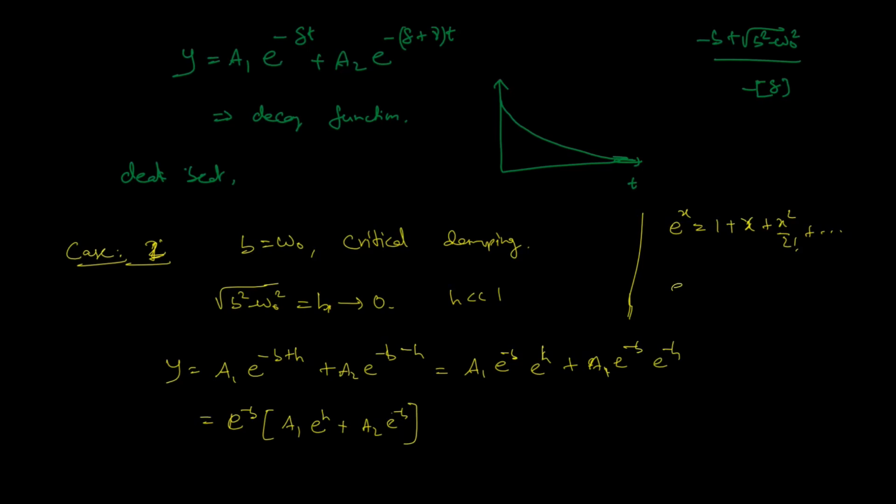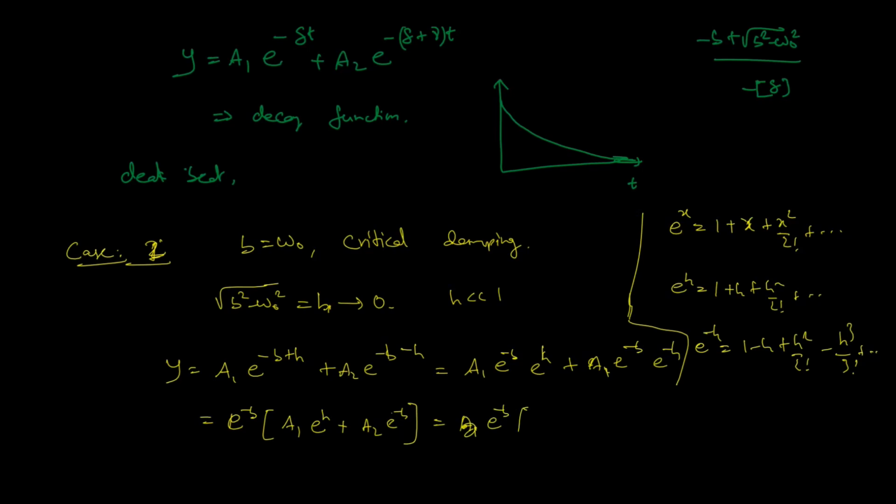ஸோ e power h ங்கிறத வந்து நான் என்ன பண்ண போகிறேன் அப்படின்னா 1 plus h plus h square by 2 factorial அப்படின்னு இருக்கும். Similarly e power minus h equal to 1 minus h plus h square by 2 factorial minus h cube by 3 factorial அப்படின்னு வந்து நம்ம எக்ஸ்டெண்ட் பண்ண முடியும். ஸோ if you want to go and check, you check this is exponential term வந்து நான் இப்படி வந்து எக்ஸ்டெண்ட் பண்ண முடியும். அப்போது for that idea I can use that here, e power minus b